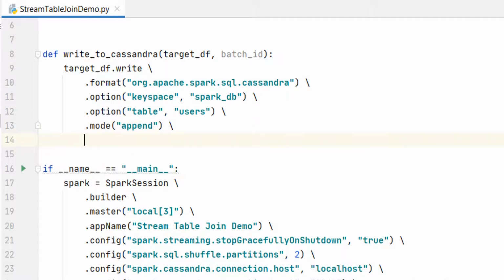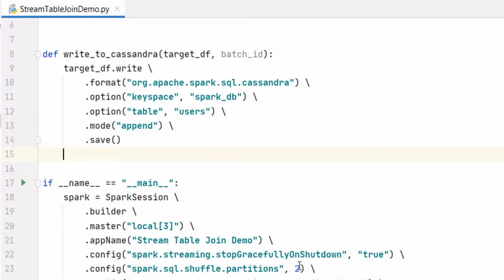The output mode is append. We are dealing with the Cassandra database, and Cassandra implements the insert operation as an upsert. What does it mean? If a record already exists for the defined primary key, Cassandra will update the same record. A typical RDBMS would throw an exception, but Cassandra simply updates the same record. And that's what we wanted, right? Let me show you the output records as well.